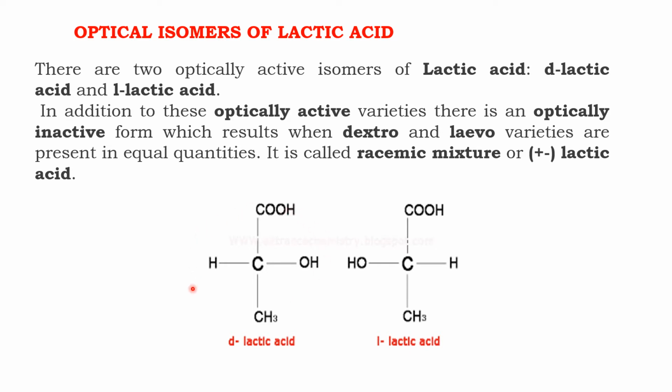If dextro rotates the plane polarized light towards the right by 10 degrees, levo rotates the plane polarized light towards the left by 10 degrees. If equal amounts of levo and dextro are there, the optical rotation gets cancelled and hence the molecule becomes optically